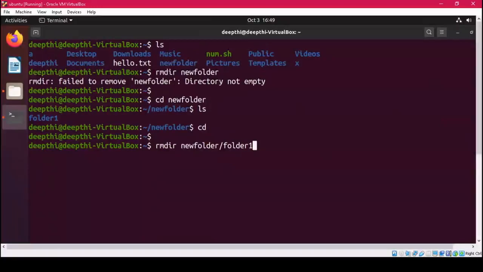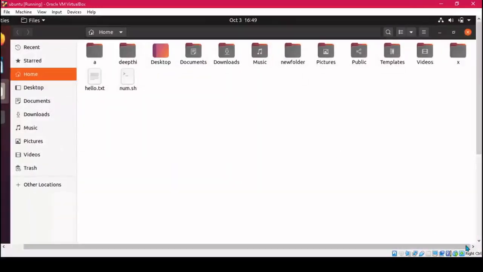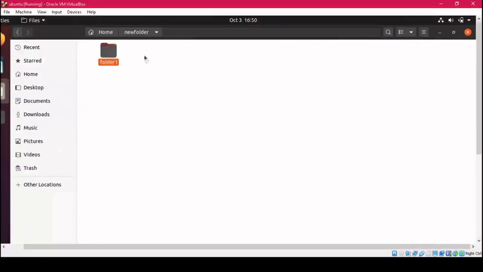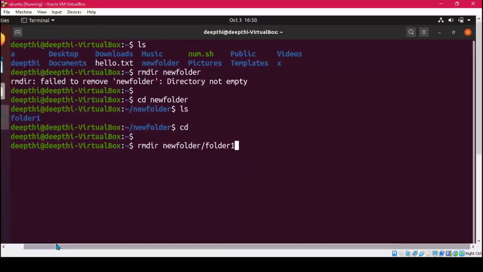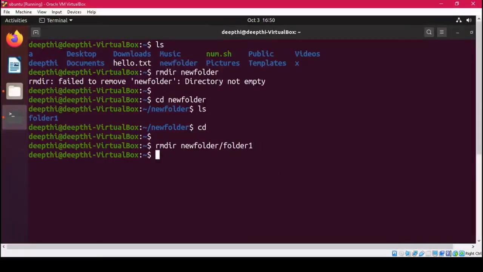Let me show you here also: new folder, inside which folder 1 is there, which is empty. Now here, what happens when I use this command? Simply if I delete it, you'll see what will happen.